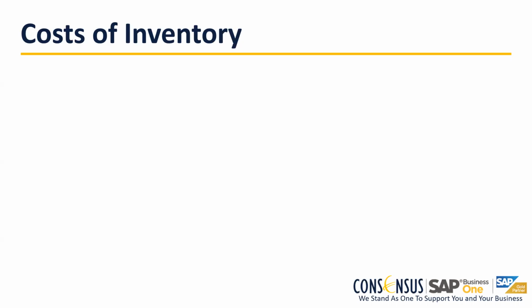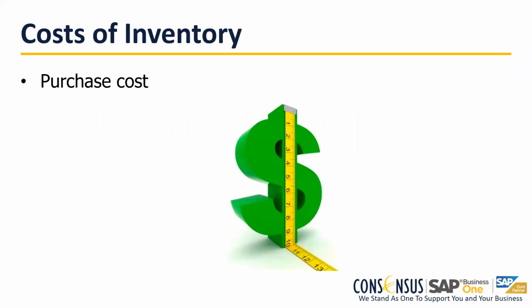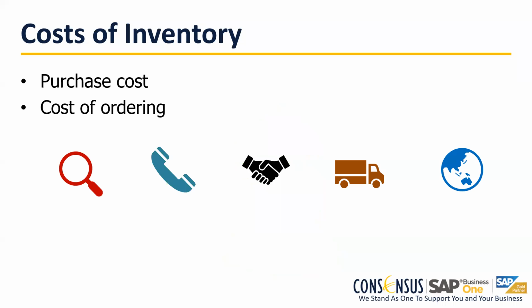So the cost of inventory that we usually take into account is the purchase price of the items or materials or whatever we have. And that is simple, right? I mean, that's what we know, how much we are paying for an item. I paid $10 for this widget or for this part. That is my cost. But there are some other costs that are included with, for example, the cost of ordering, finding the item, finding the vendor, contacting, making an agreement, negotiating, and then having the items delivered and received, sometimes across the ocean. So these are what we normally call the landed costs,